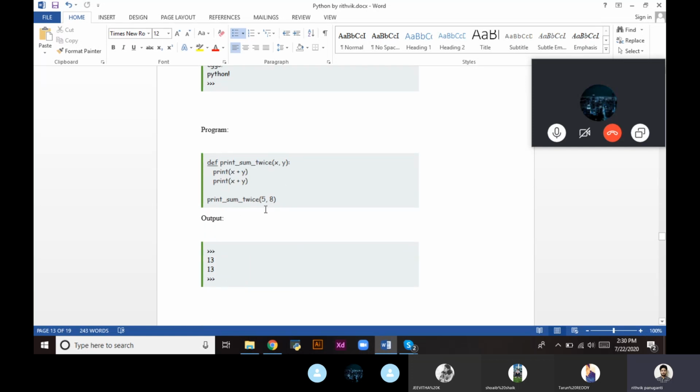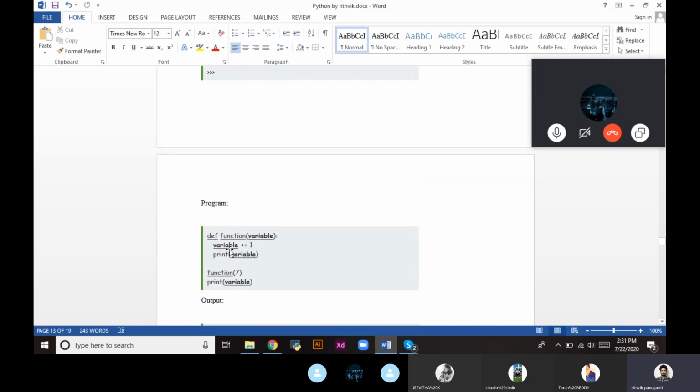So print_sum_twice of 5, 8: we're calling the print_sum_twice function, and it must have two arguments, so 5 and 8 are the arguments. The value 5 is stored into x and the value 8 into y, and we are printing this sum. So 5 plus 8 will be 13, again 5 plus 8 will be 13. We're using two print statements, so we print 13 and 13.